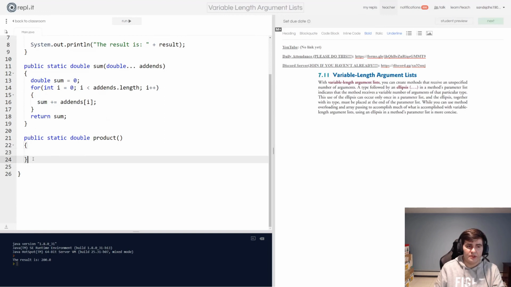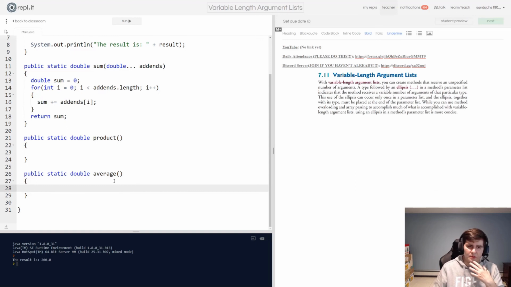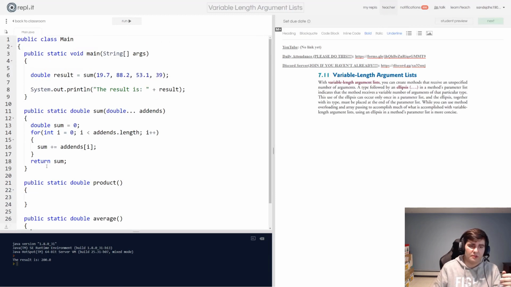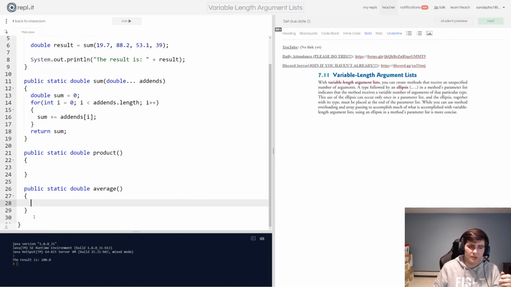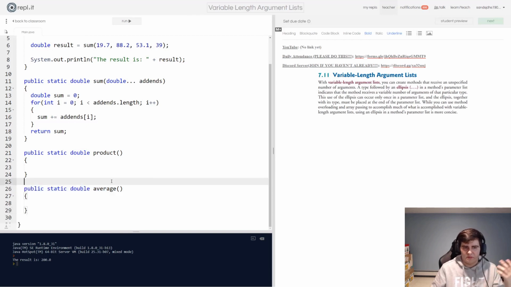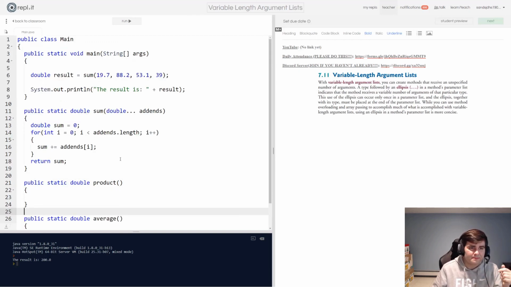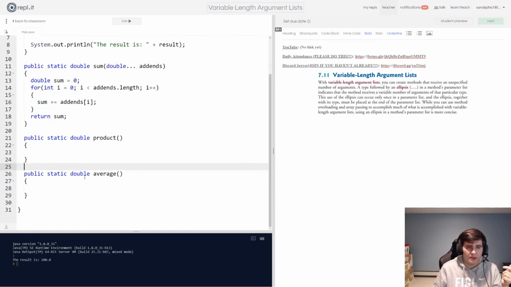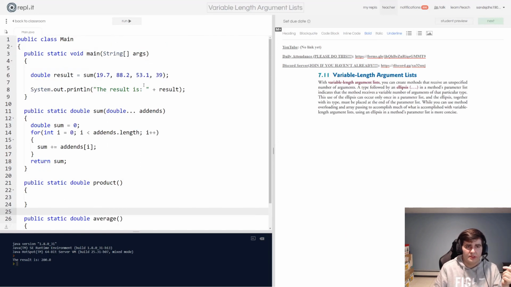And then if you want to challenge yourself, I want you guys to write public static double average, which again, you can write your own argument list and your own method body yourself. I want you guys to do these on your own. That's a challenge. Or at least do the first one. If you don't want to challenge yourself, just delete that. Don't even bother with it. But try. So write product, write average, test them out in your main,